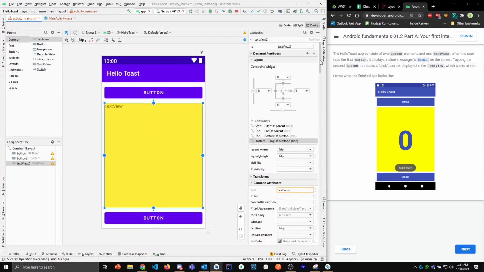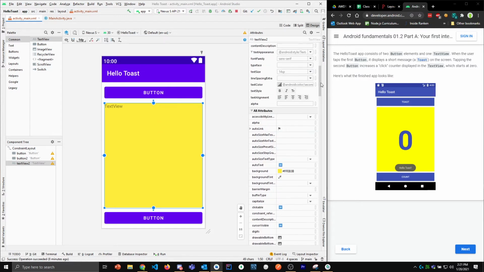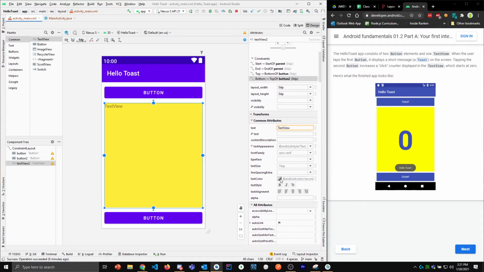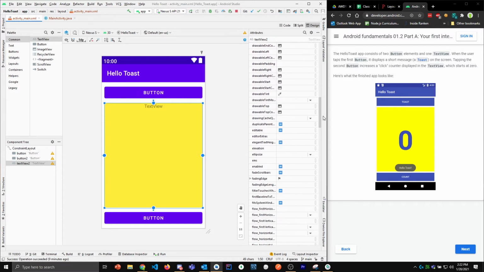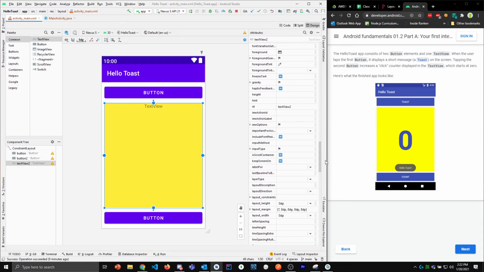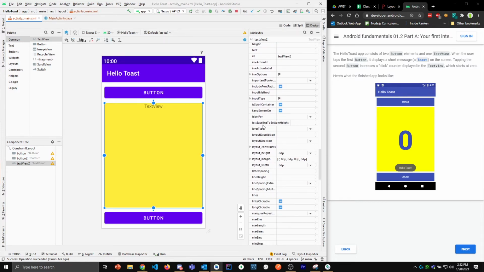So what I want to do here is go down to common attributes. There's one of the attributes I can use. You'll notice that there's a text alignment setting. Everybody see that? So I can use that to get it to align center, which is what I'm going to do here. I'm going to set text alignment to center. So that'll get it horizontally centered. But I also want to get it vertically centered. Now, to get it vertically centered, you have to dig a little bit. So there is a setting down here, and I believe it's layout gravity. So if you go down to layout gravity,